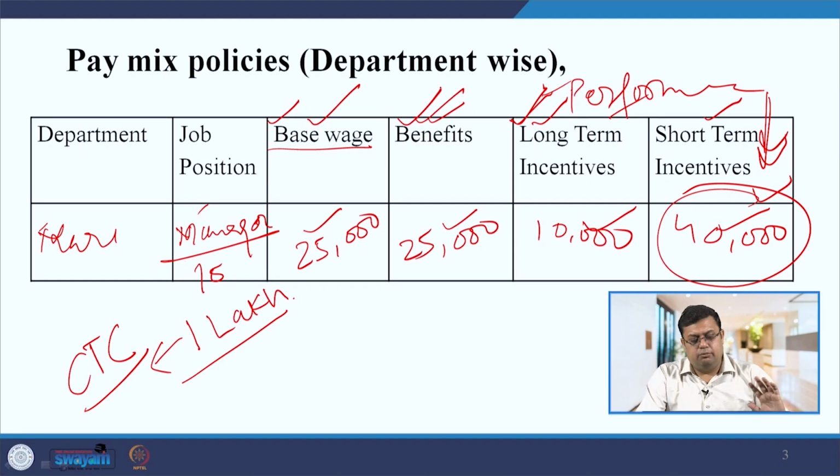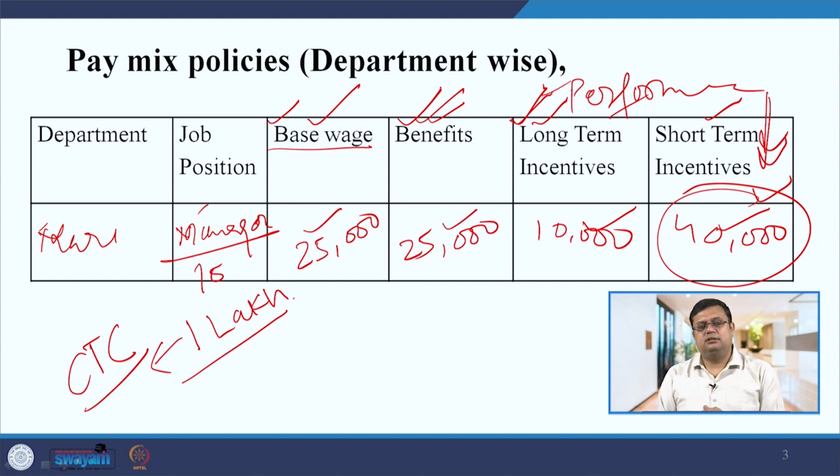So, that is what I am trying to make you understand, this salary component analysis, or pay mix, the salary structure that is there in the organization. It will help you understand which component should be given more and which should be given less as per the employee's requirement. It is not necessary that you follow the same pay structure for all employees. So, you can divide certain jobs into categories and according to the job you can design the compensation. So, these are the monetary benefits.